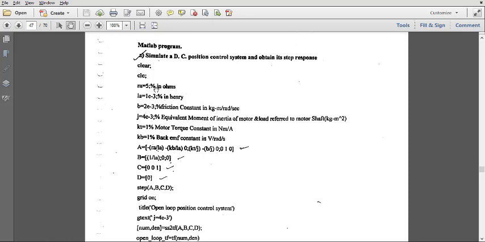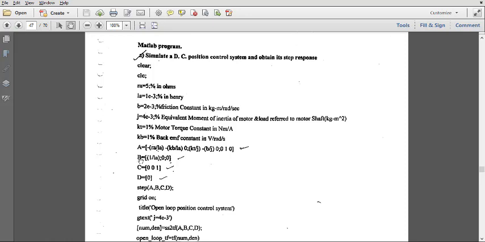You can see there is a percentage sign. Anything after this percentage sign on the right hand side is taken to be a comment. So wherever you have a percentage sign and anything written after that, that part is not included in the code. It is just to tell the person who is coding what this line is about. Okay, so kt is the motor torque constant. From here you can know kt, and kt is taken to be 1, kb is taken to be 1.